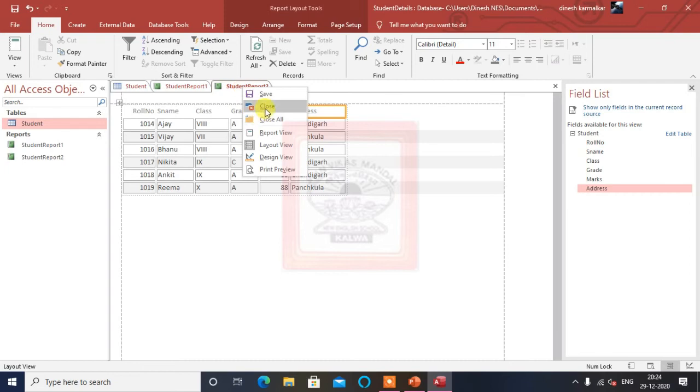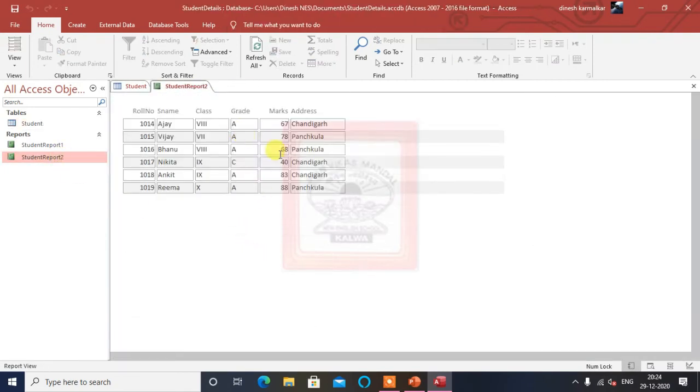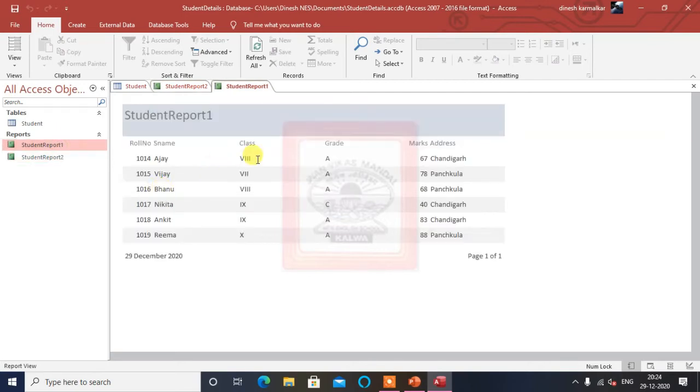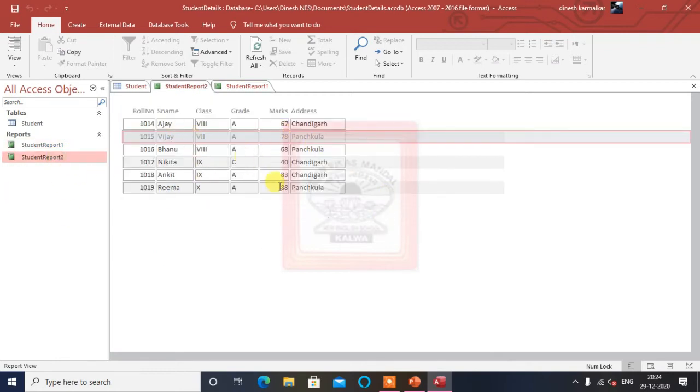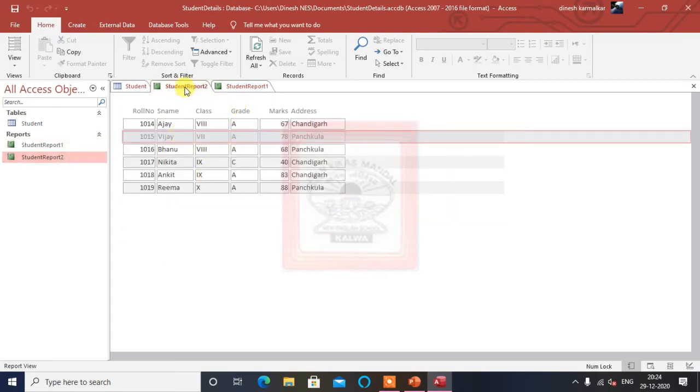Now I will close this student report 2, and student report 1 also I will close. Now double click this, and you can see student report 2 here. In student report 1 it comes without any formatting, but here you can easily adjust the fields very close by, whereas there they come far apart, with no adjustment at all. Here we have adjusted them according to our own will. You can open this in the report view, the design view, all these views. Now once again we will try this.